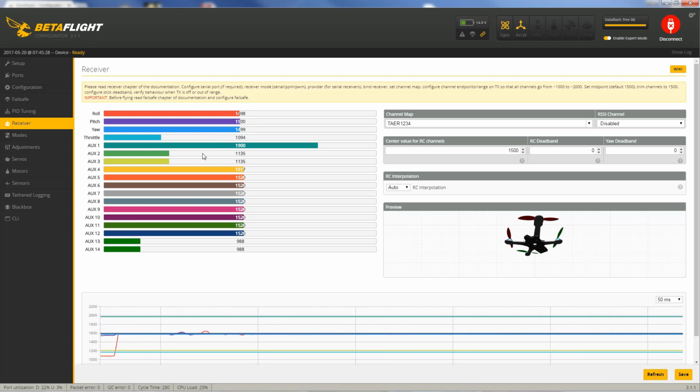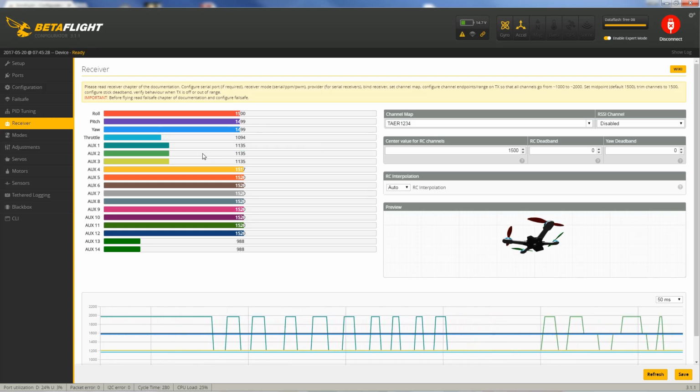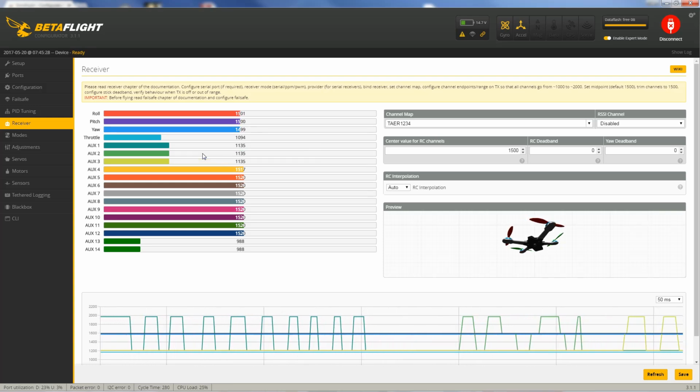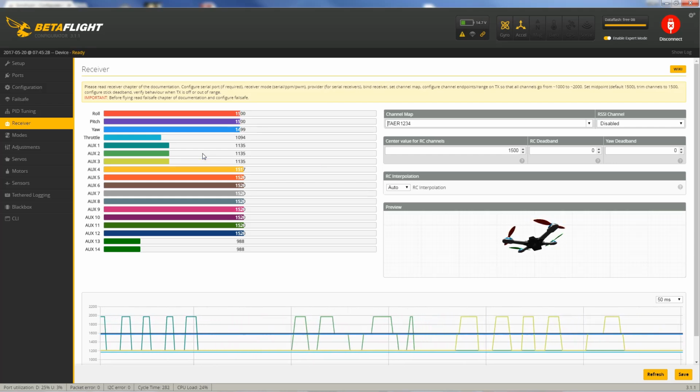What's good to note here is which one's moving. So this is a two-way switch, because we're going to be configuring these in the modes tab in a second. And then this is a three-way switch, my aux 2, and my aux 3 is actually a three-way switch as well. Those are the ones I have configured on my radio. So now we'll go over to the modes tab